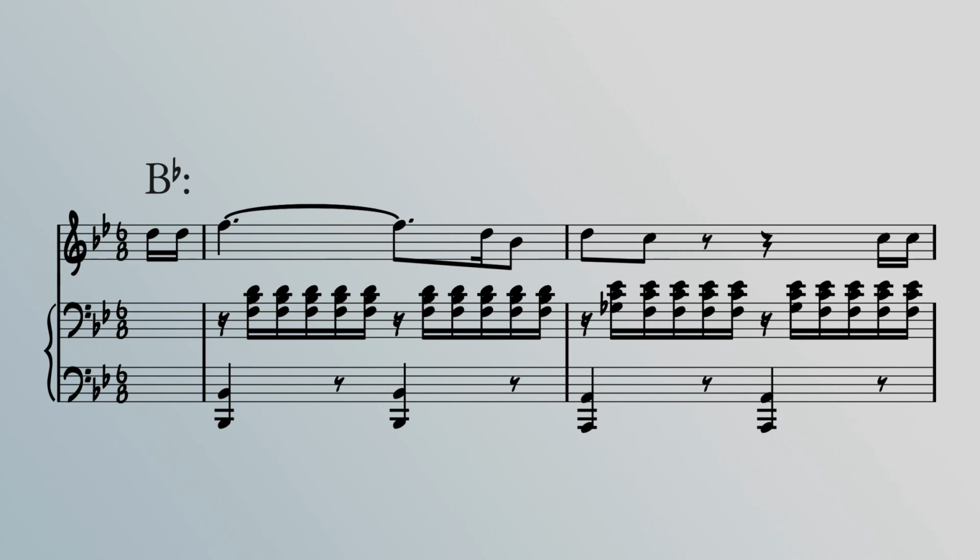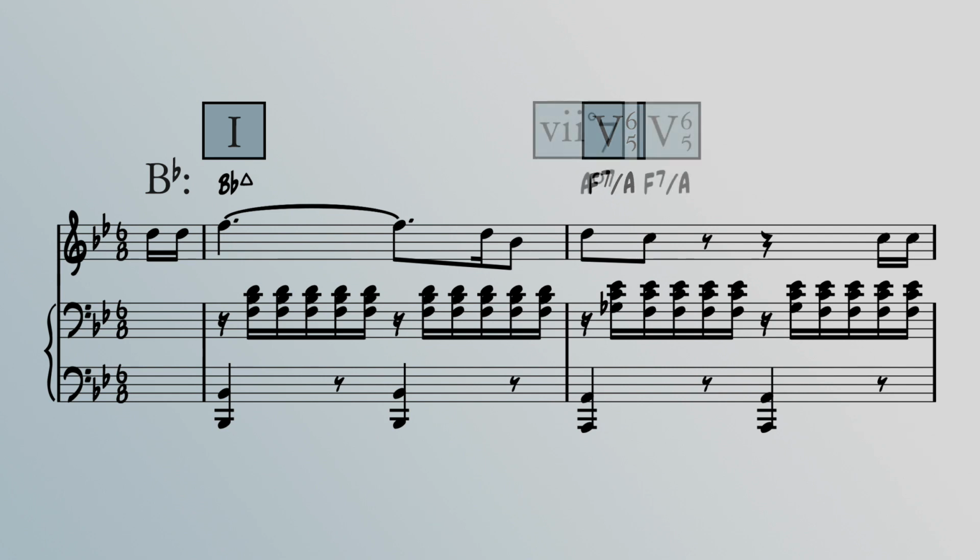With that said, let's jump on into this first measure, which consists of the 1 chord B flat major. We're then mostly hearing an F7 over A, the 5-6-5. The first beat of the measure, however, is an A diminished 7, the 7 diminished 7. The intriguing part about this is that by using the diminished 7 structure, we're hearing G flat, the flat 6th